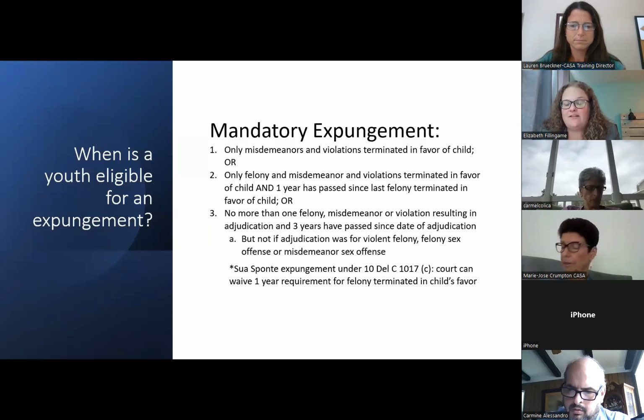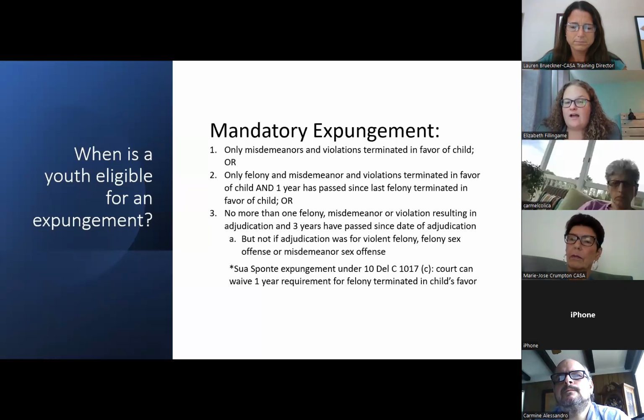If the public defender does not, for whatever reason, stand up and make that motion, the court can also do this, what we call sua sponte, meaning of their own accord. They can just go ahead and decide to do this if they choose to do it, even if an attorney doesn't make that oral motion. And we are seeing sua sponte expungements a whole lot more than we have seen them in the past. And this is great because it means we don't have to go through the process of